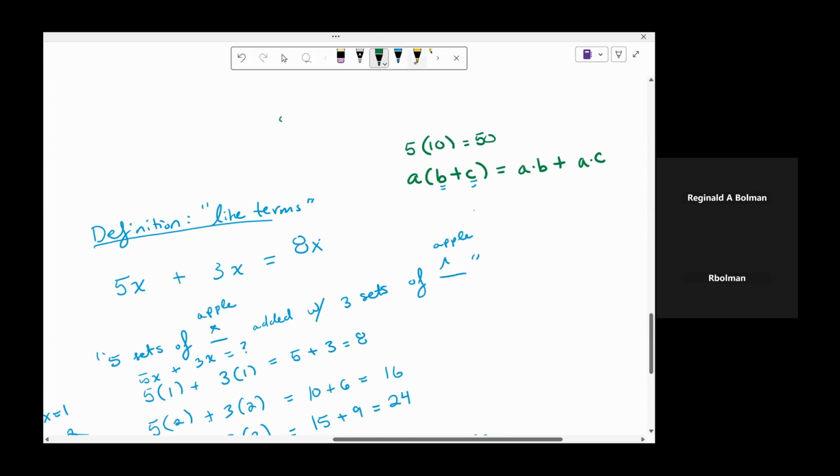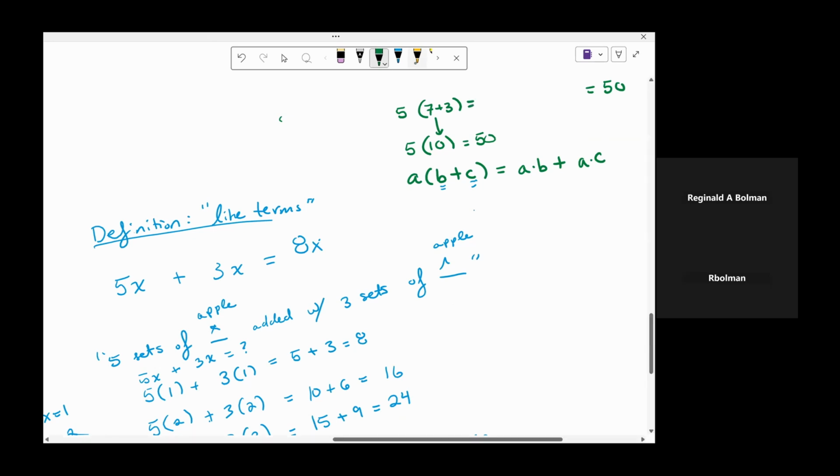And all we really do when we're talking about the distribution law is we're saying, look, what if I took this number, 10 in this instance, and I replaced it with something that added to be 10? How might I take the number 5 and multiply it across this sequence of terms